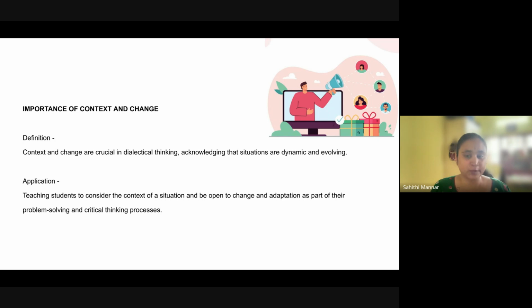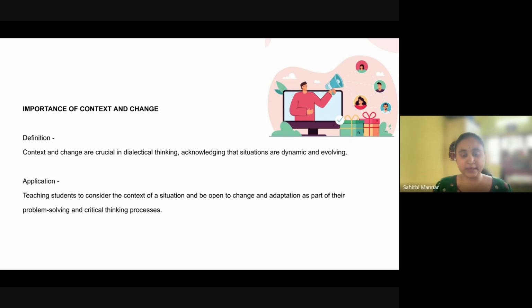There are certain situations where we see that a person might not be okay with change, right? There are certain cases where we see that a person might not understand the context of what a person has said, and they take it in a very different, attacking or defensive way, and that might affect their mental health, right?